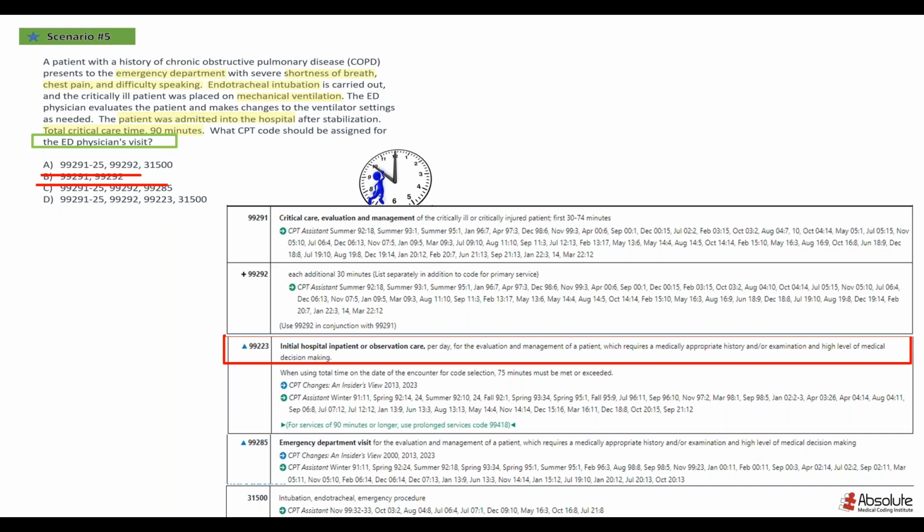So it was, what CPT code should be assigned for the ED physician's visit. So we are coding for an ED physician visit, and he doesn't need to be coded for an inpatient E&M code. So option D is incorrect, and the correct answer is going to be option A,